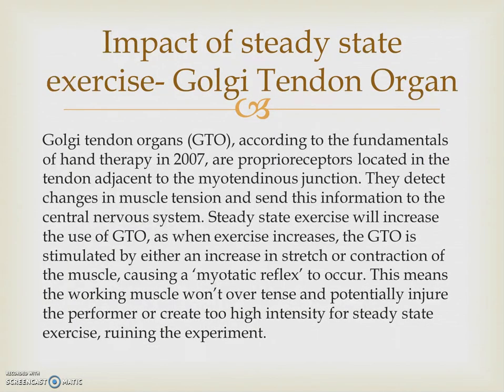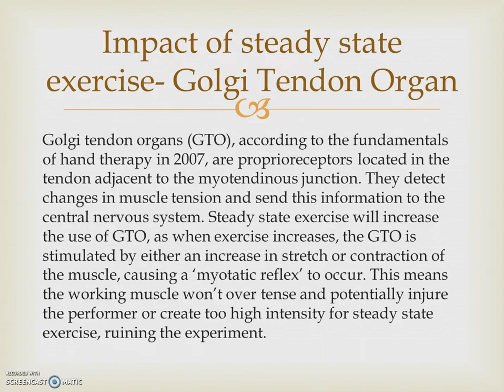The Golgi tendon organ, otherwise known as GTO, according to the Fundamentals of Hand Therapy in 2007, are proprioceptors located in the tendon adjacent to the myotendinous junction. They detect changes in muscle tension and send this information to the central nervous system. They have nerve fibers that wrap around the end of them,